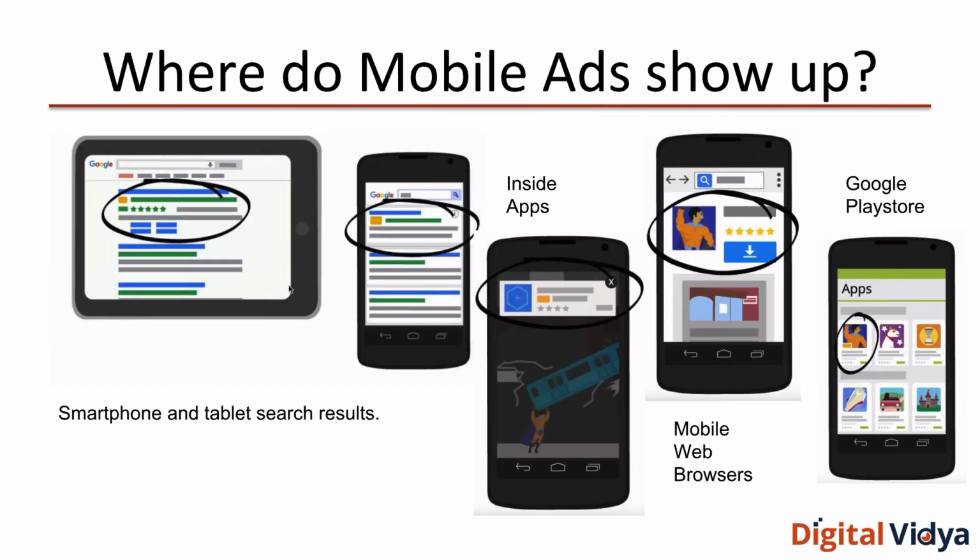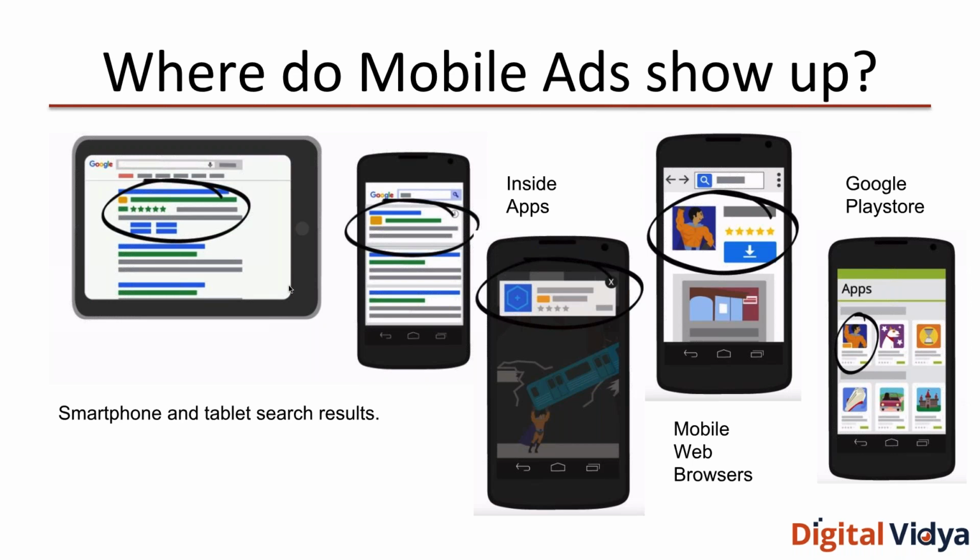Now, where do these mobile ads show up? They can show up on your smartphones as well as on tablets. In the one, it can show up on the search results when you are on Google through those devices. It can show up inside a mobile app. When you open a mobile app, it can show up on top, bottom, or wherever. It can show up within the mobile web browsers